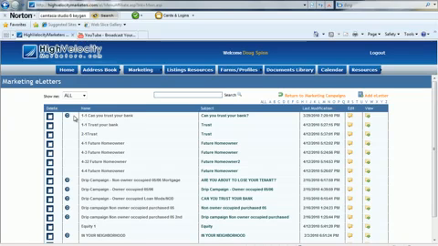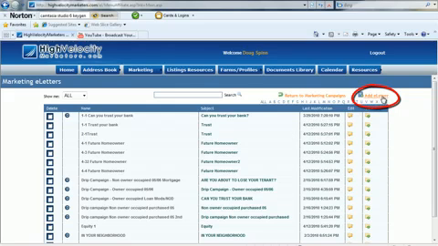You'll see that some of the e-letters have a little D with a circle. This means that that's a default letter that is put in there by us. The ones without the D are custom letters that you can take and customize yourself. So every letter that you ever send out will be right here. You can save these in different folders, but right now we're just going to show you how to add a